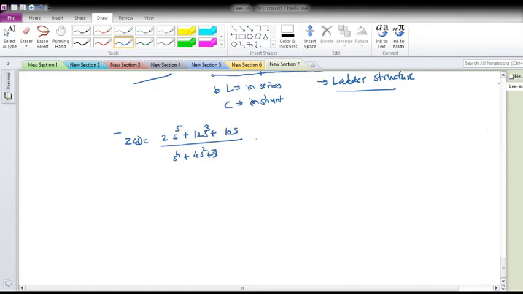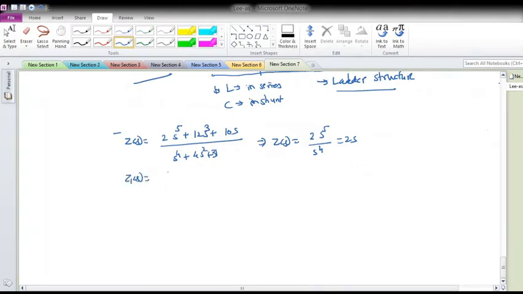So we can write Z of s as the pole at infinity plus the remainder. Let me remove it. How can we remove it? Take the highest power from the numerator and the highest power from the denominator. What will remain? It will remain 2s. So now Z of s I can write as 2s plus Z1 of s, but I would like to calculate Z1 of s. What will it be?